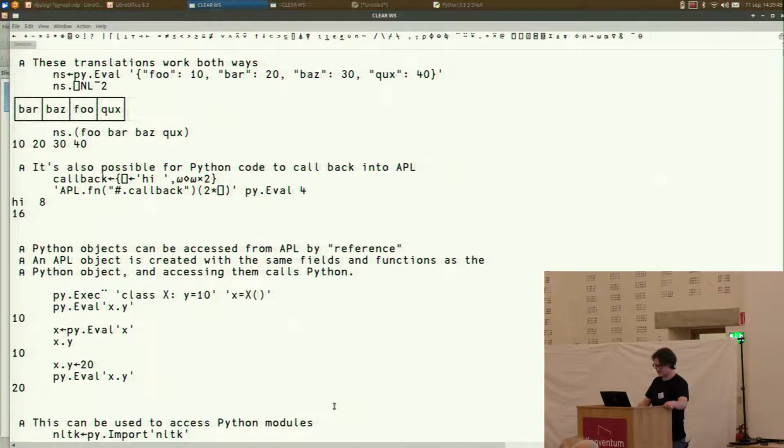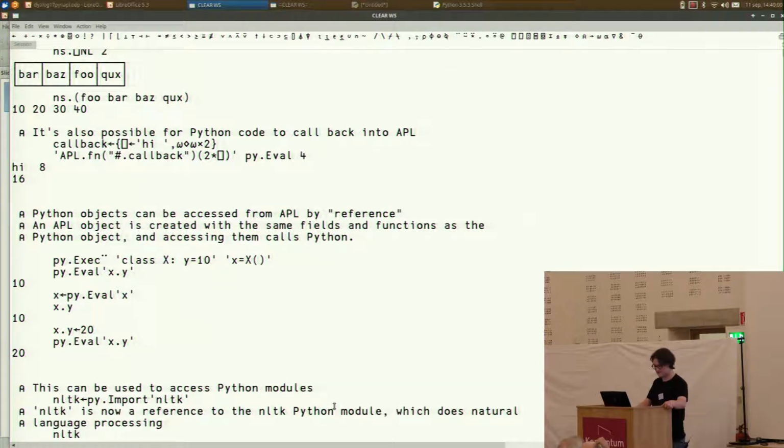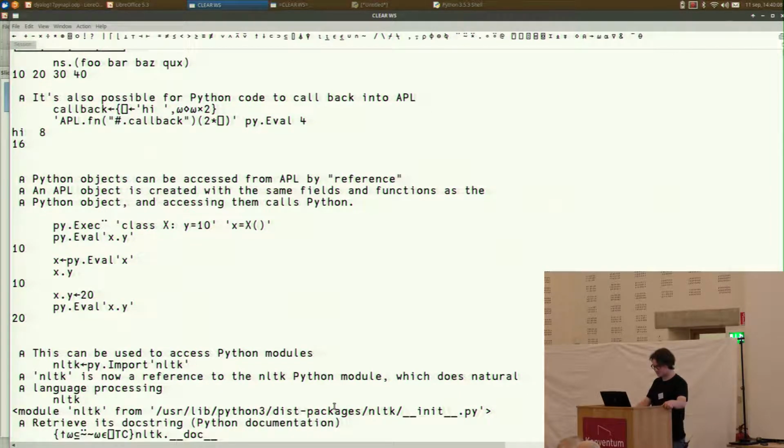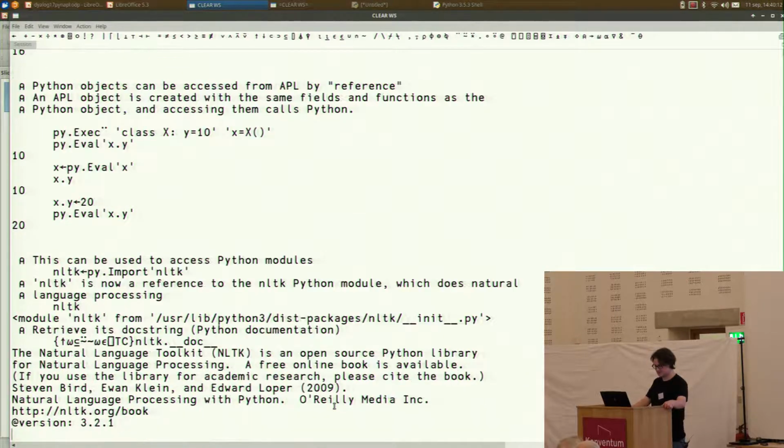So this can be used to access Python modules. So all those libraries that I talk about. One of those is NLTK. This one does language processing. So for example, if I do this, I now have this NLTK thing, which if I ask APL what it is, it will say, this is the Python module NLTK. And I can access fields in here. So this is its